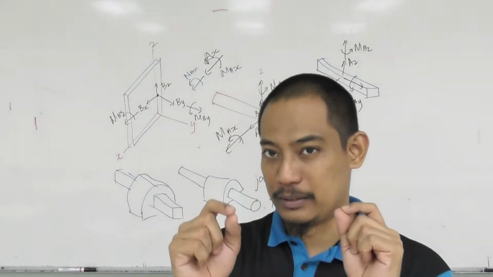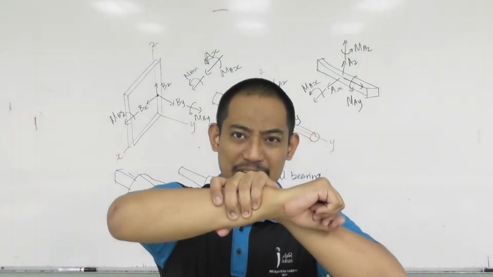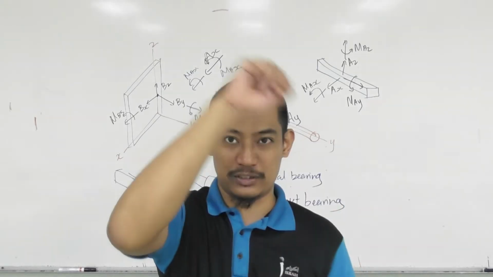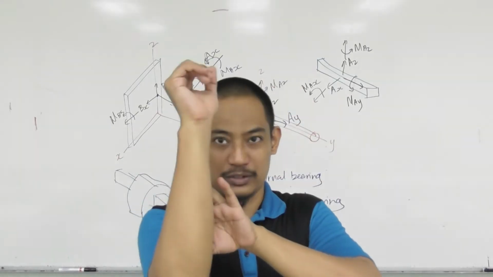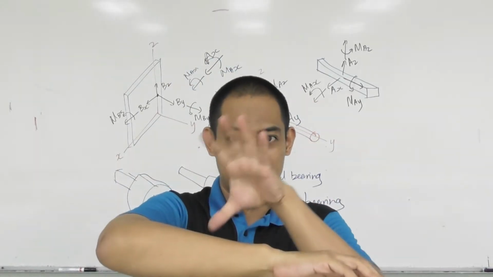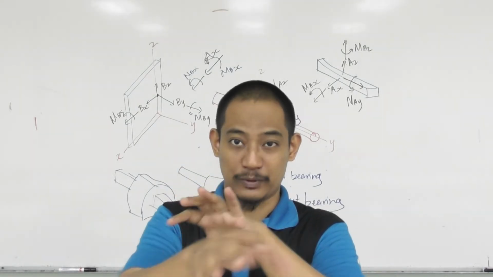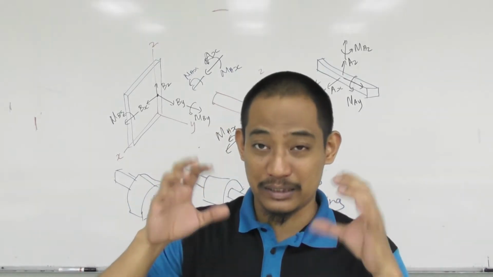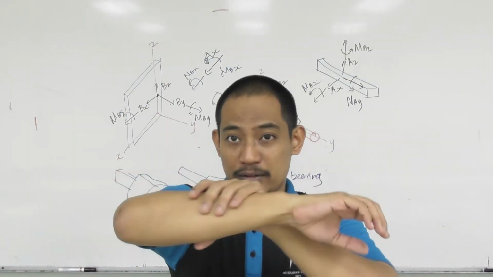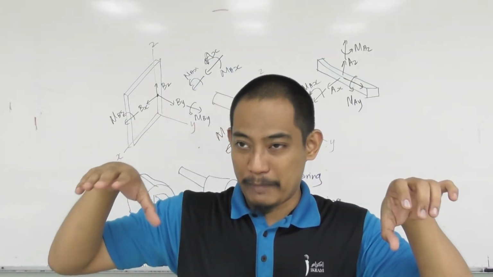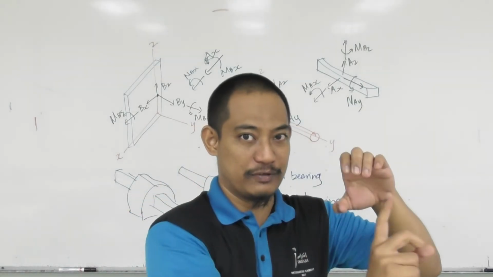Just a glimpse, maybe. For example, like just now, if you have a bearing, it actually prevents this rotation about the x-axis. This rotation is already prevented by this bearing, so you should draw Mx, for example. However, sometimes in design we put two bearings here or three bearings there, so that these two bearings, by preventing movement in X here, and also preventing movement in X here,